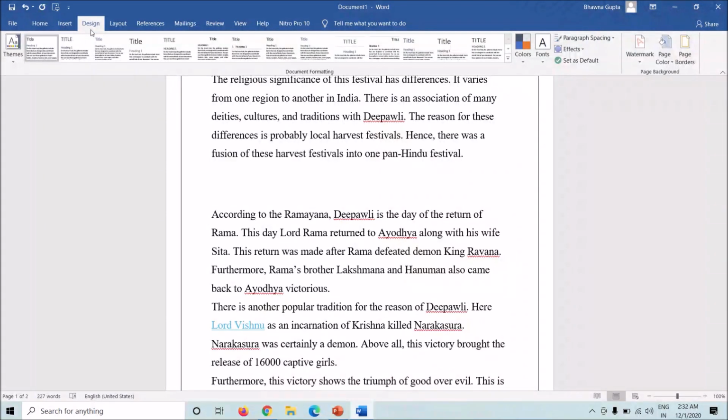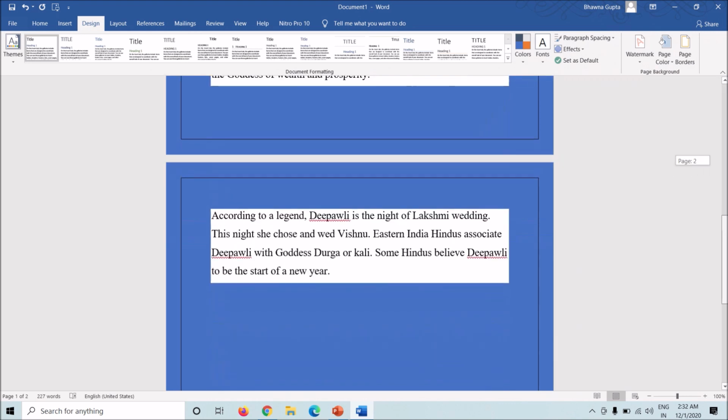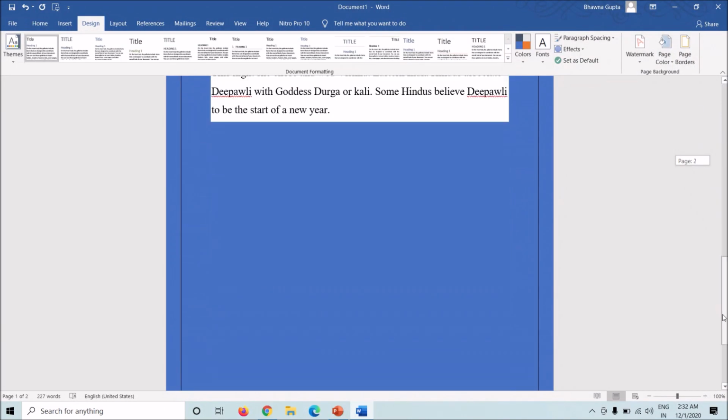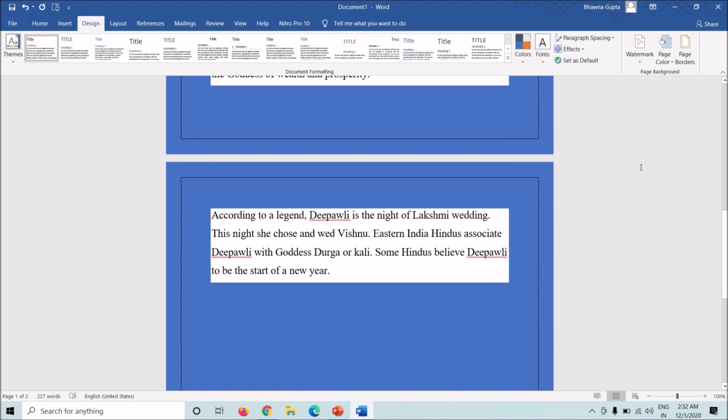I'll go on design and choose page color here and add the page color, which is quite easy. This is how you change the page color, but it changes the page color of all the pages, as you can see.